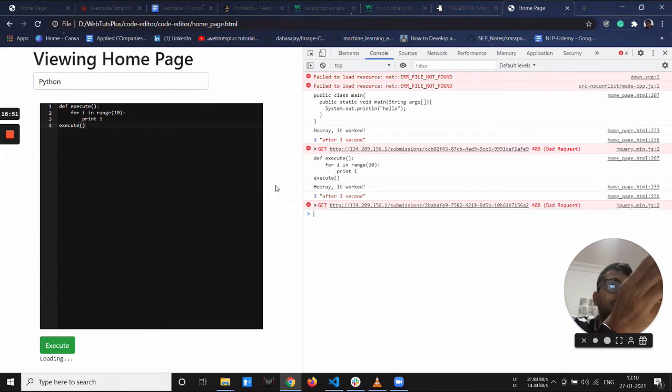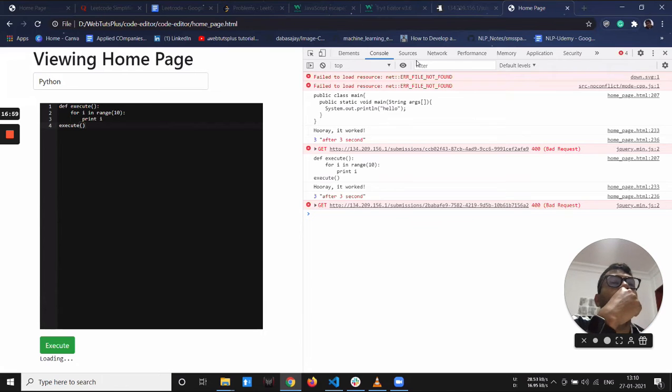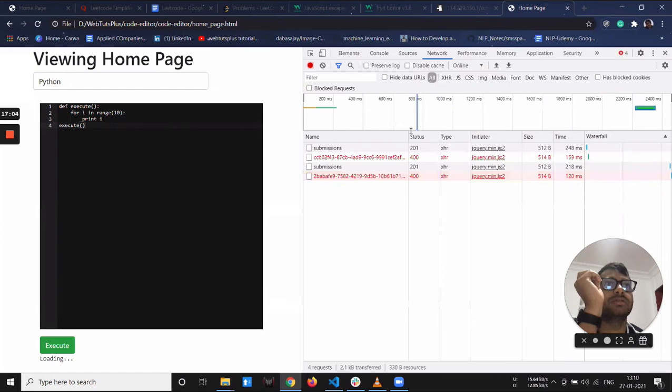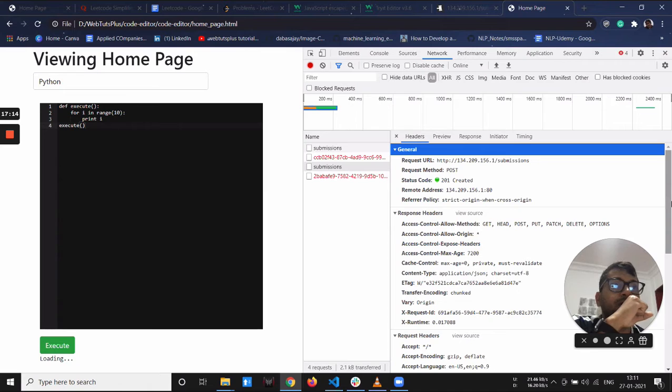Go to the network button. Click on the submission and go to the headers. Here you can see what you have sent as the request.